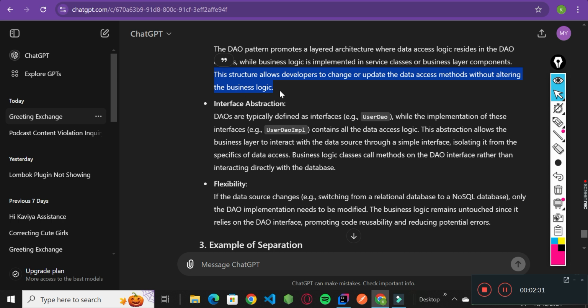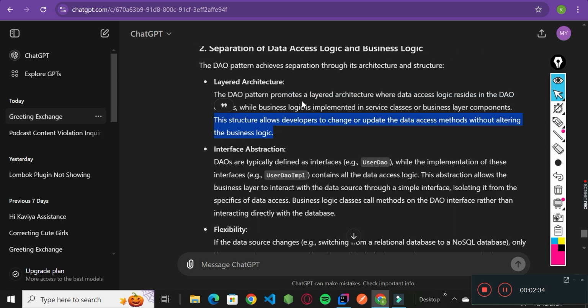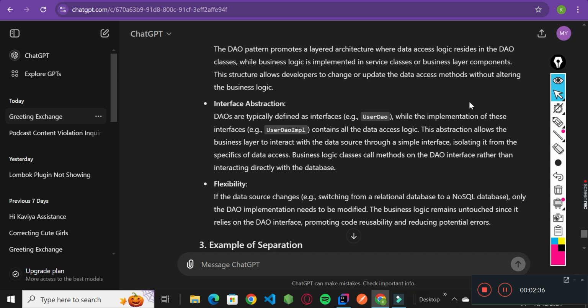We can make changes in the DAO class itself